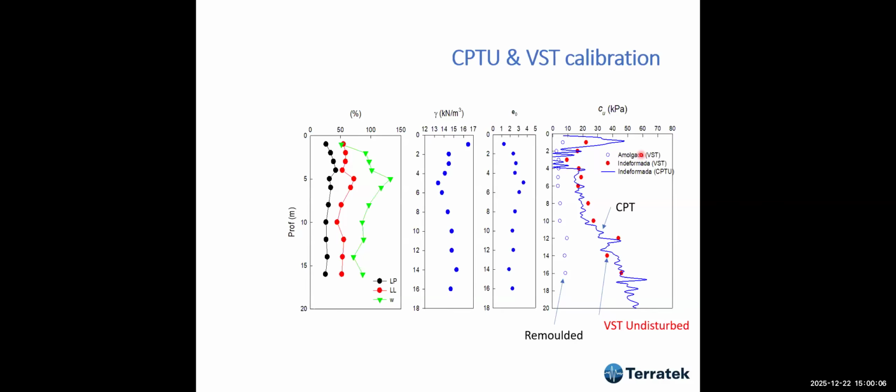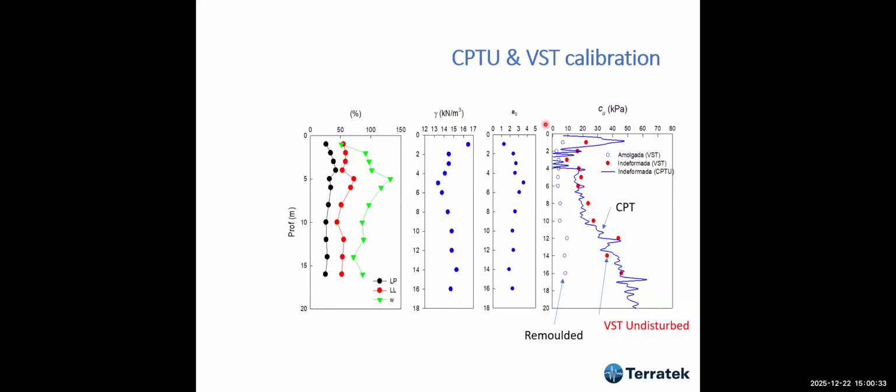Doing what? By doing a calibration against the vane test. So when I do a site investigation in soft soil, I always propose an island of investigation. What's an island? An island is when you have a CPT, a vane, and you take samples. So at least 3 boreholes: CPT, vane, and the other one sampling, to do some laboratory tests in order to